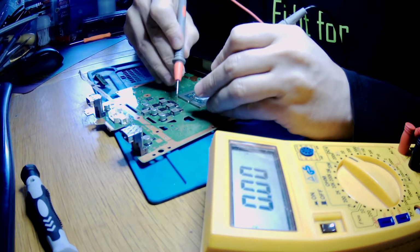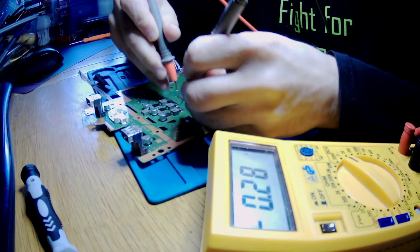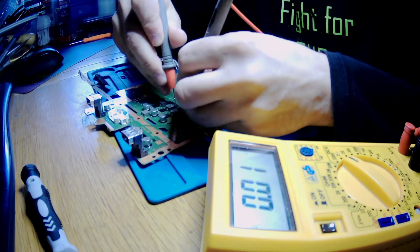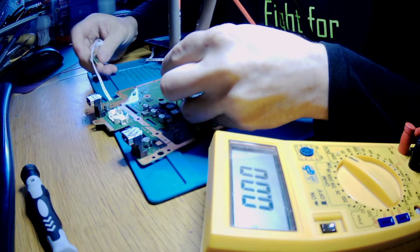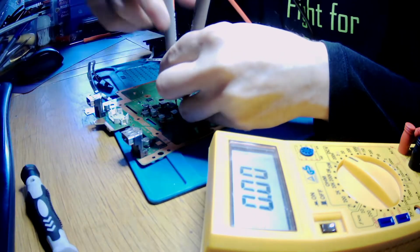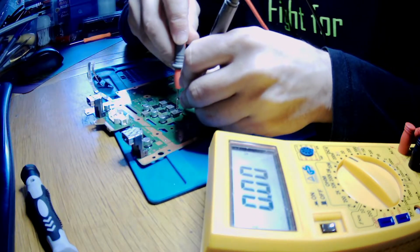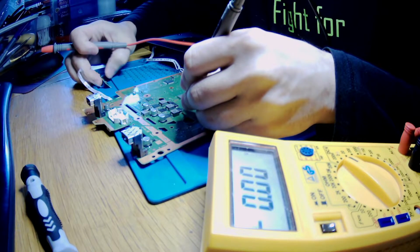Okay, how about this one? This fella? Because there are 3 here. Same story, look, 0 volts. Okay. Oh, 0 volts, but